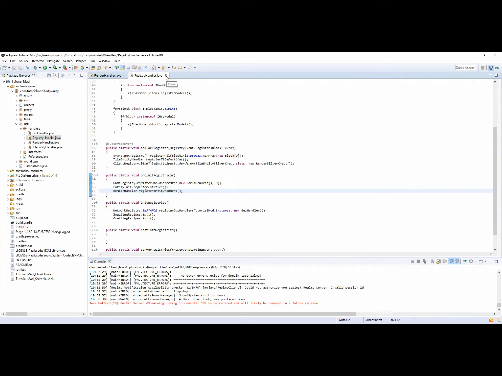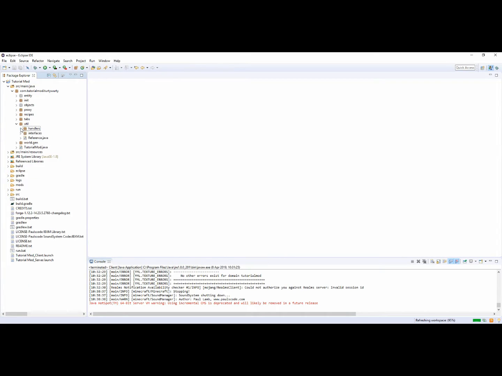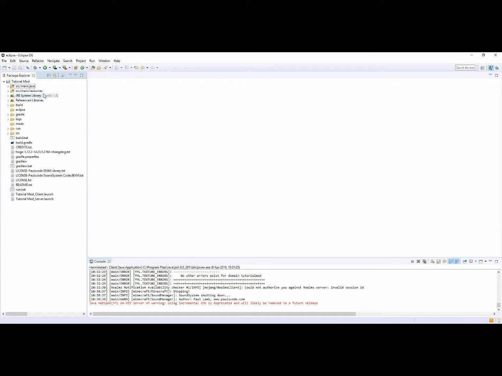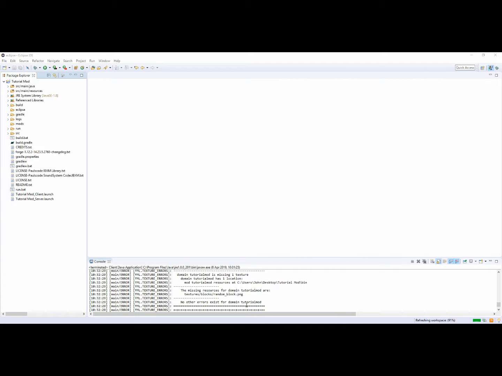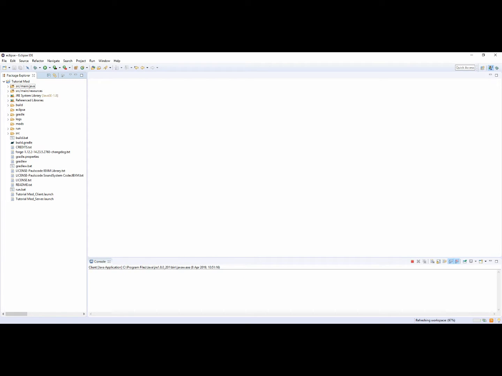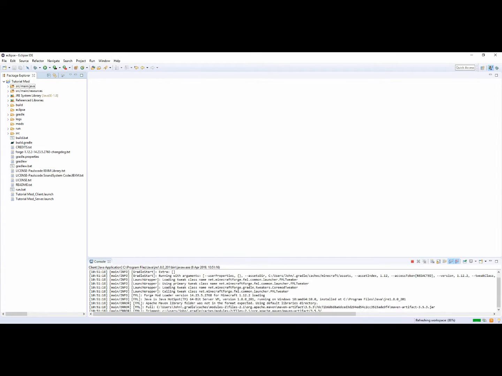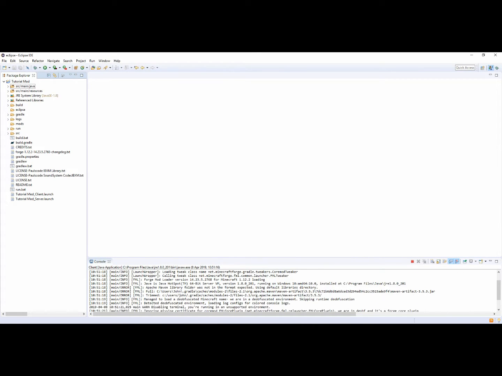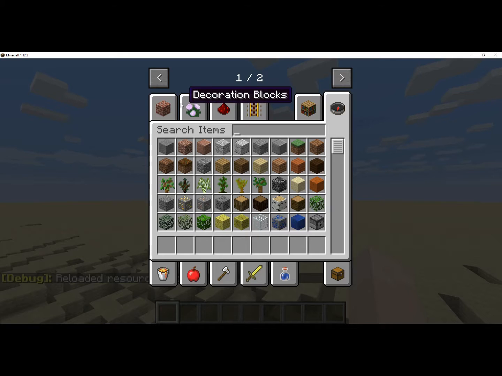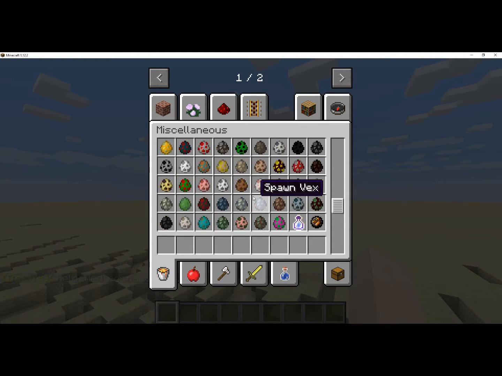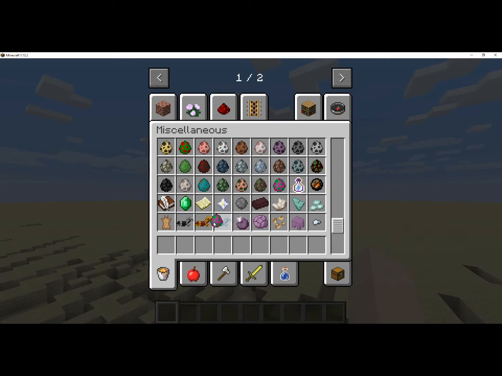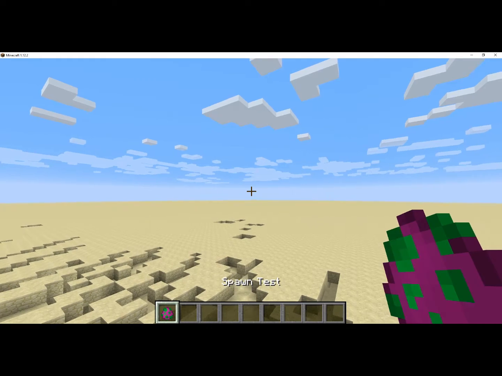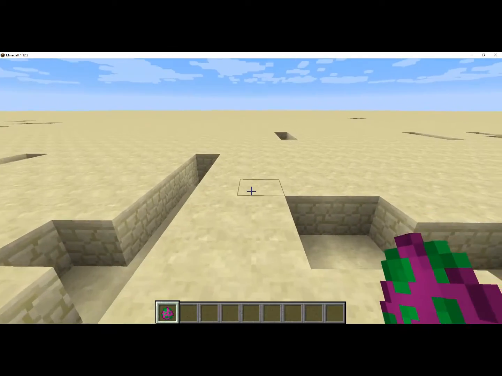Give that a save, close that, close that, close that, close that, close that, close that, and it should now work. But yeah, I'll see you guys in the game. Back into miscellaneous, spawn test, and if we go ahead and place it down,